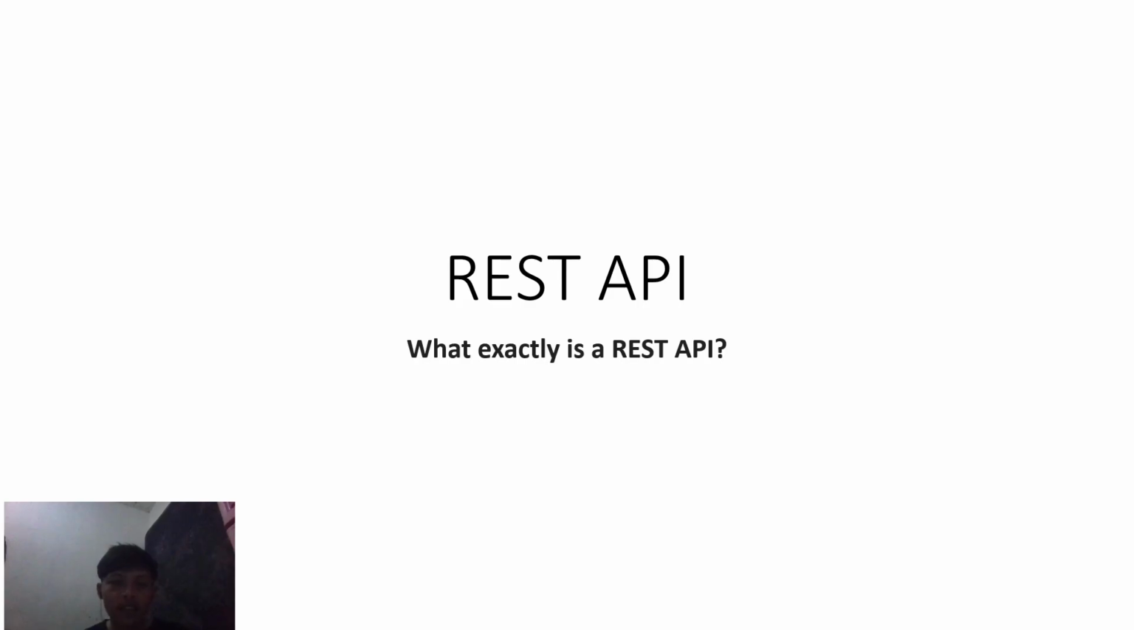REST API is a type of web service that uses the HTTP protocol to transfer data between different systems. REST stands for Representational State Transfer. And the idea behind this architecture is to create a standardized way for different applications to communicate